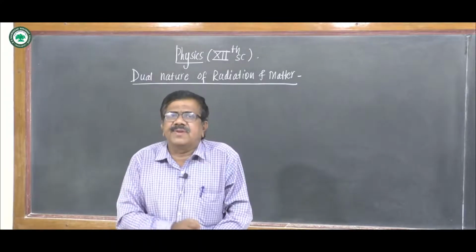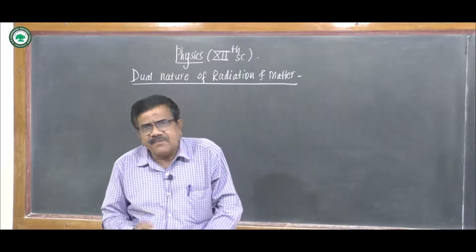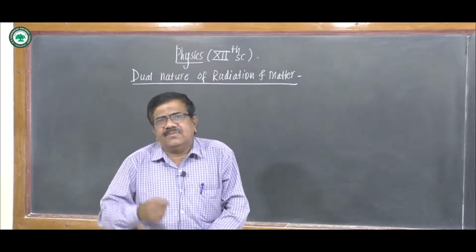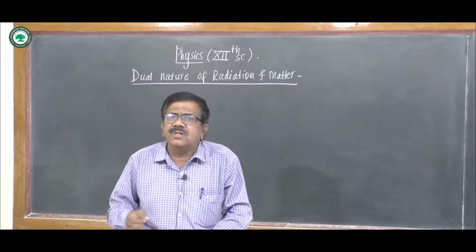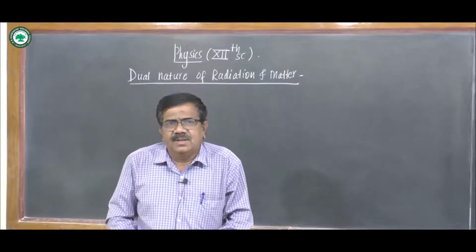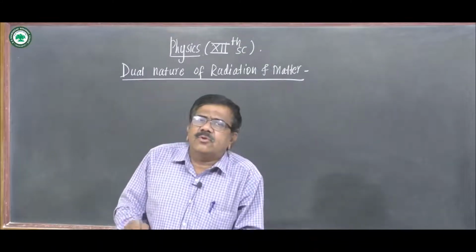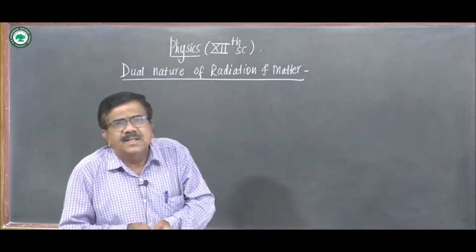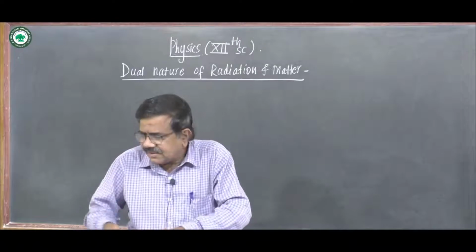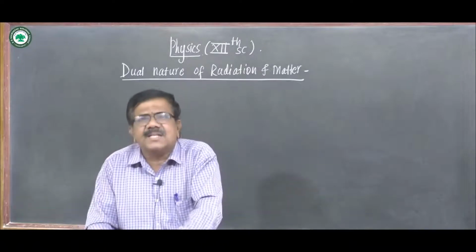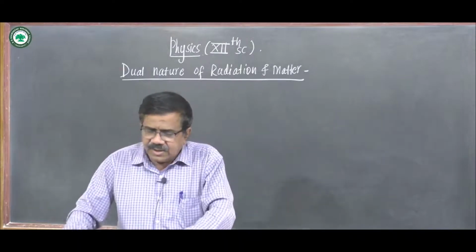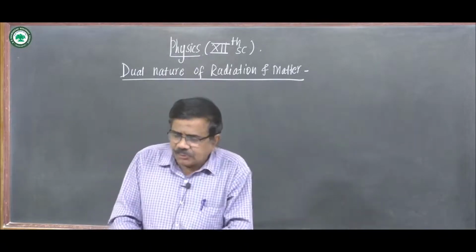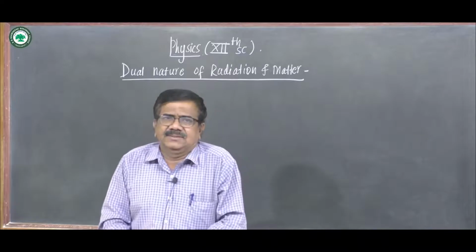That is the threshold frequency: the minimum frequency of incident radiation for which photoelectrons are emitted from the metal surface. Below the threshold frequency, photoelectric emission is not possible. It is possible only when the incident frequency is greater than that minimum frequency. We also call it the cutoff frequency, and we also know different observations from that photoelectric experiment.